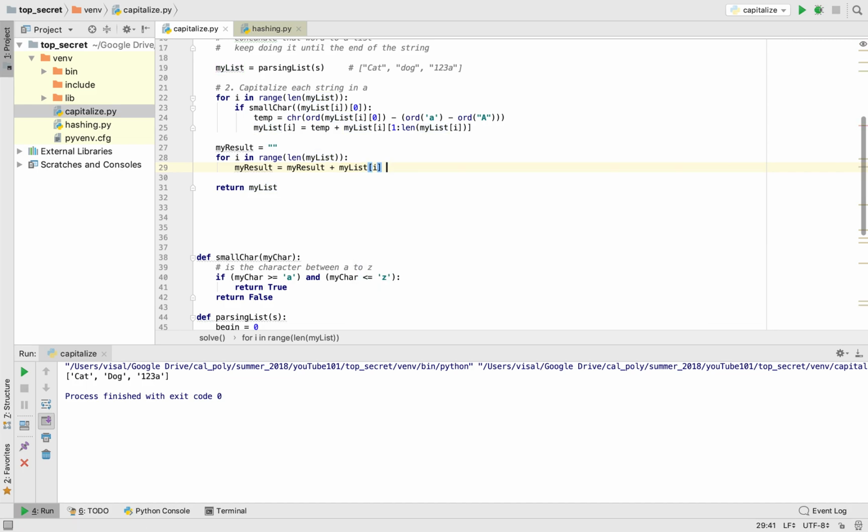Alright, and then I will plus space right here, and I will return my result